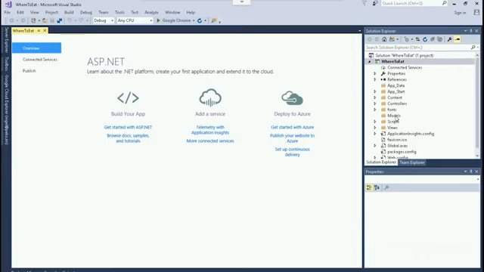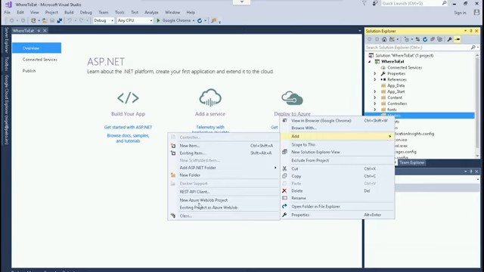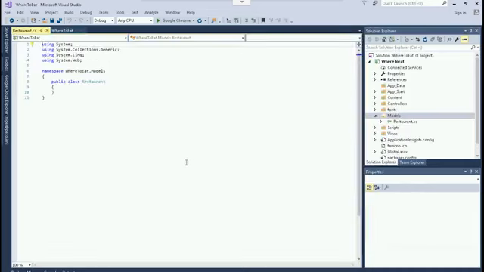First, I'm going to add a model class to the models folder. Because I'm modeling where I want to eat, I'm going to call this class restaurant. I'll increase the font size so that you can see exactly what's going on.